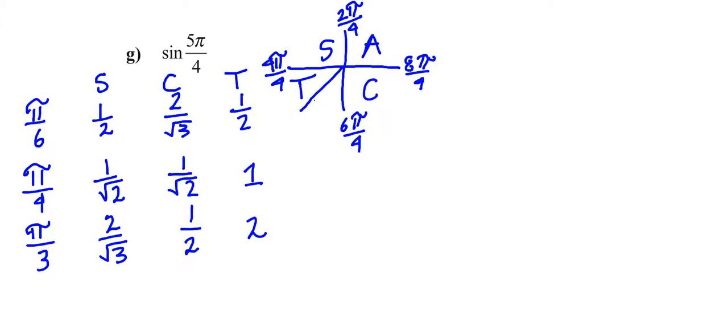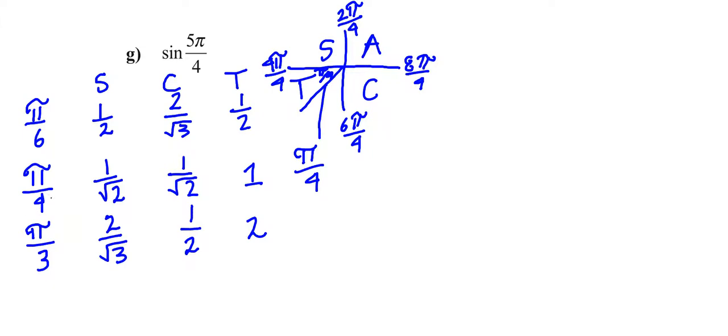So then when I look at my reference angle right here, so the x-axis, I know that it's 5 pi over 4, and then I'm going to subtract 1 pi, which just gives us pi over 4. So this little reference angle in here, I don't know if you can see it, is pi over 4. I'm going to draw a little arrow. Pi over 4. And so I'm going to look at the pi over 4 row,